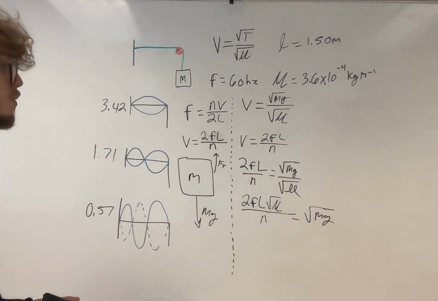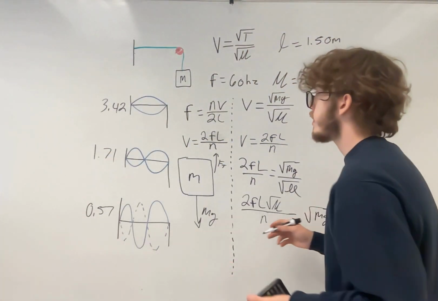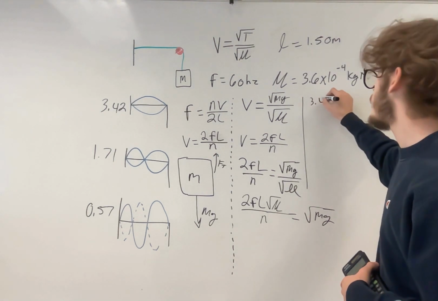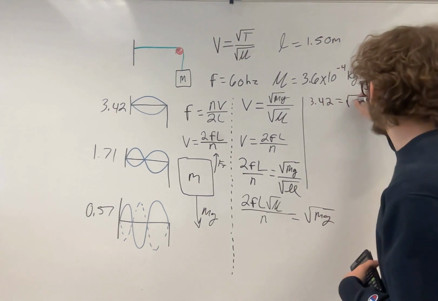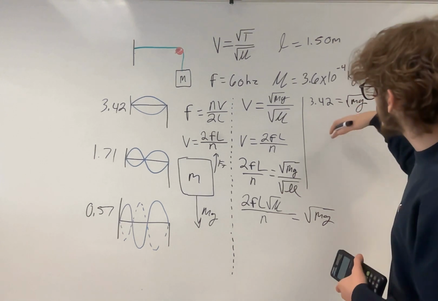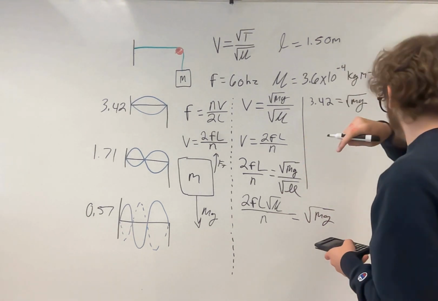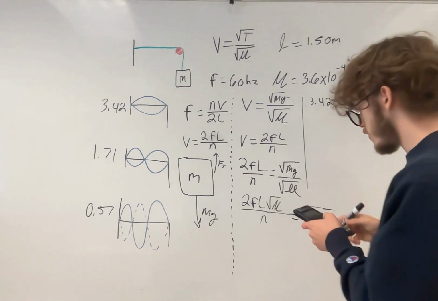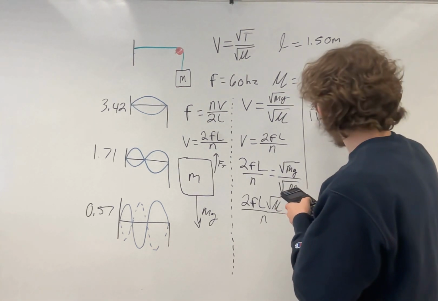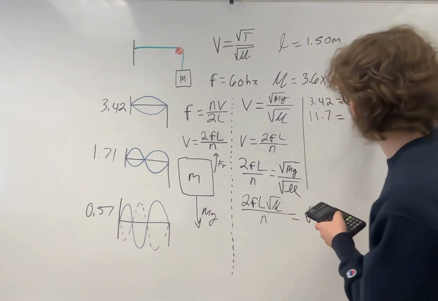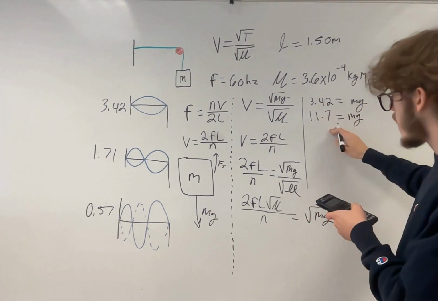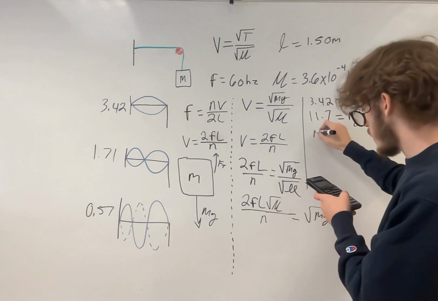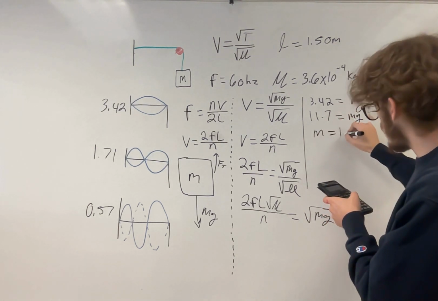So now that we have those values, we can just simply solve for mass times gravity. Let's solve for the first harmonic here. So for the first harmonic, I'm going to say that the 3.42 is equal to the square root of mass times gravity. We're going to take the square of both sides, and we know that squaring a square root will just get rid of it. But 3.42 squared is 11.7, and then we're left with mass times gravity. We divide the 11.7 by gravity, 9.81 meters per second squared. We're going to get that the mass that we need is 1.19